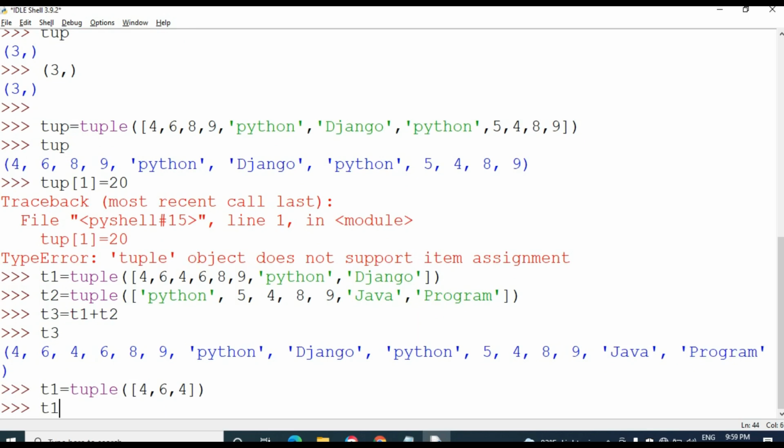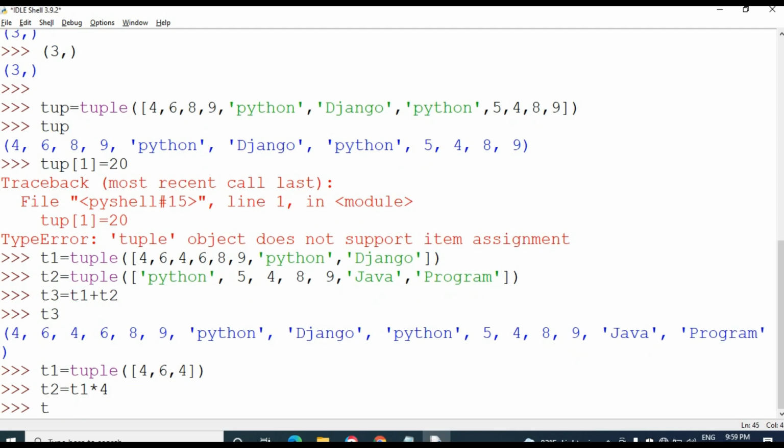I want to perform the tuple multiplication: T2 equal to T1 star 4, a multiplication.